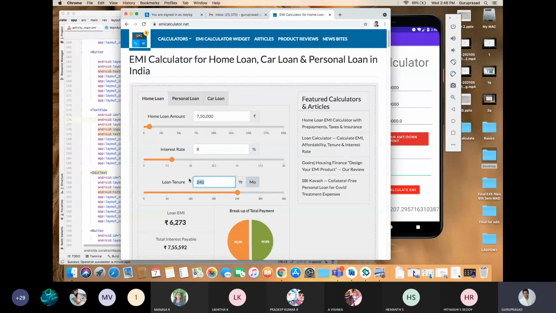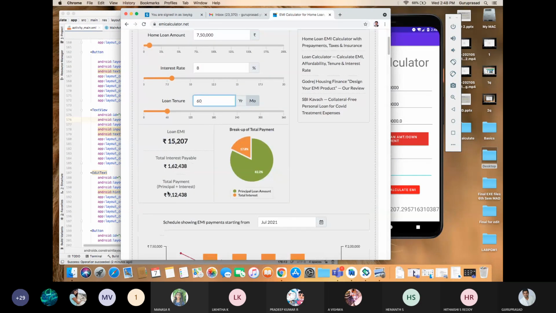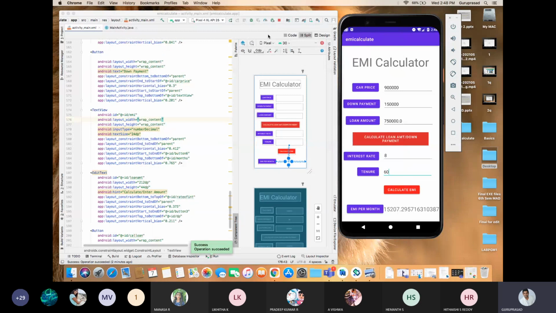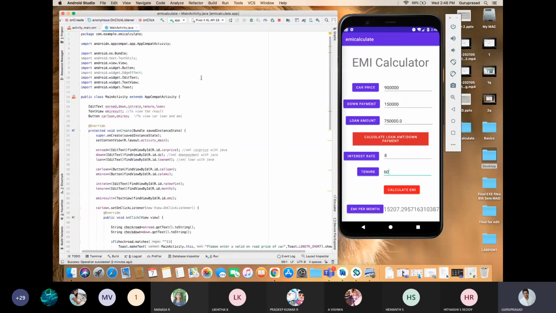Months is 60 months, enter. It gives 15,207. So the total principal amount and the interest, the total payment you are paying, is 9,12,438. Am I clear? Yes. Any doubts?